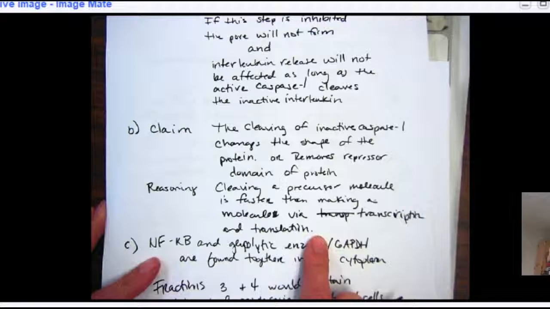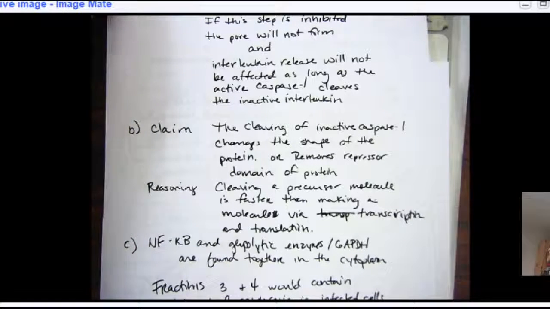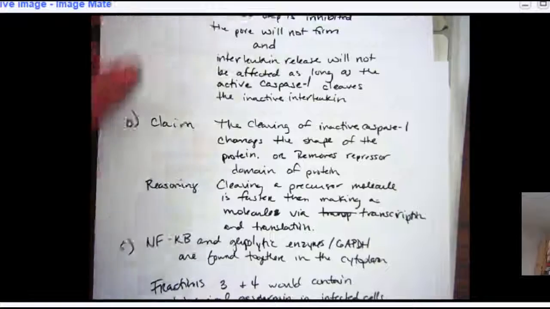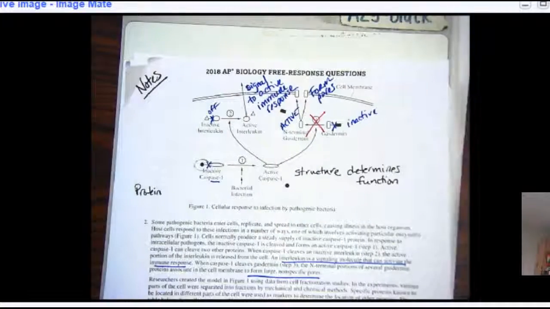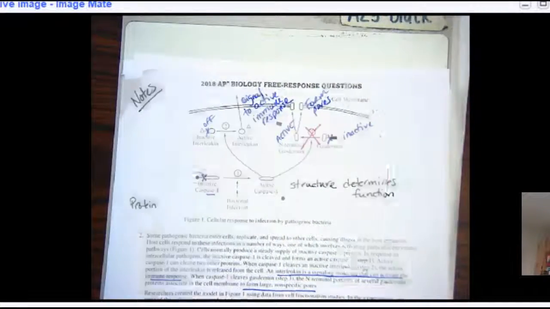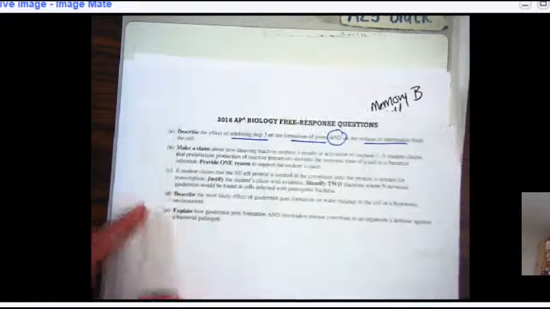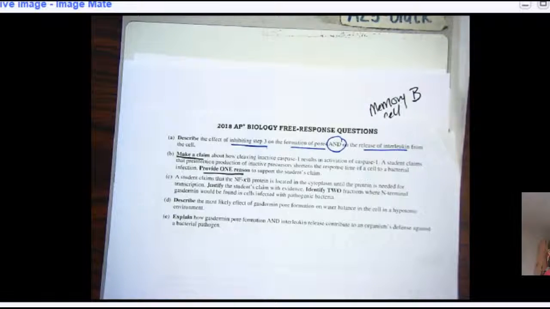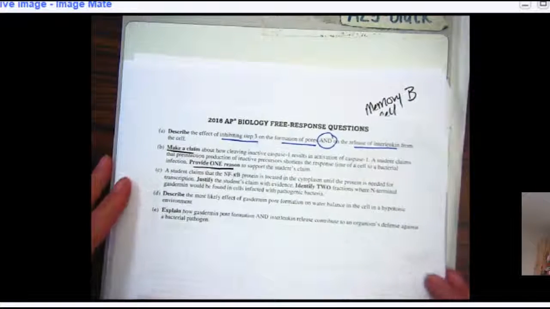You might not use the same terminology, but that's the reasoning that would support it. So that gives us the 2 parts of B. All right, in C,